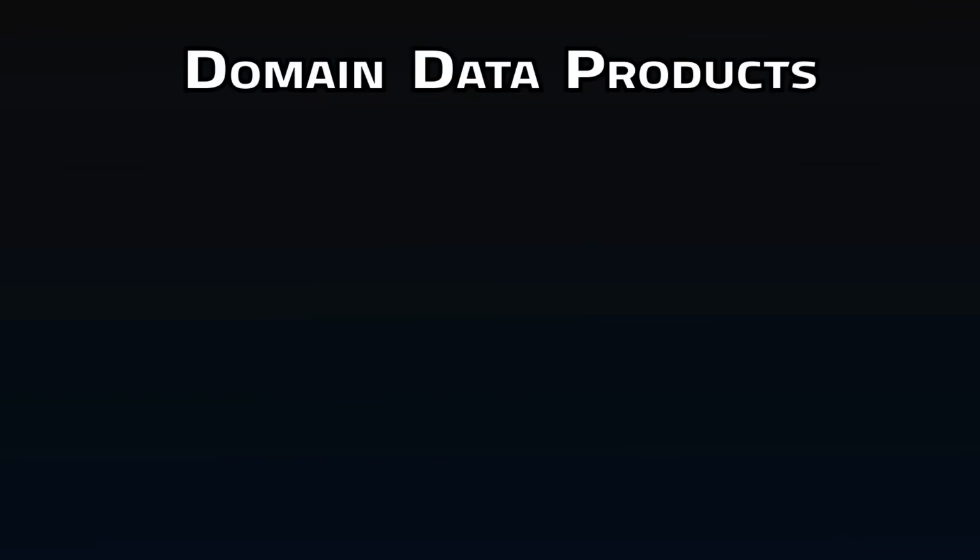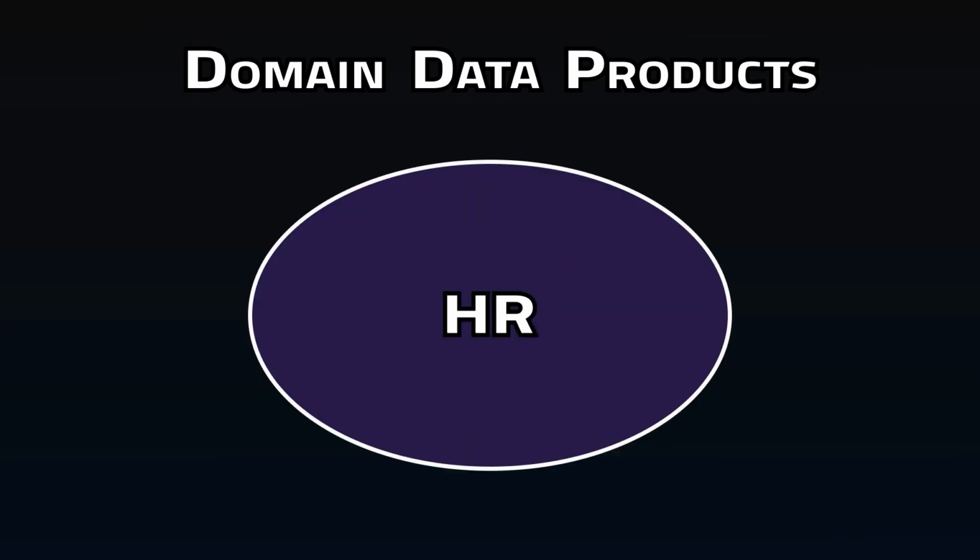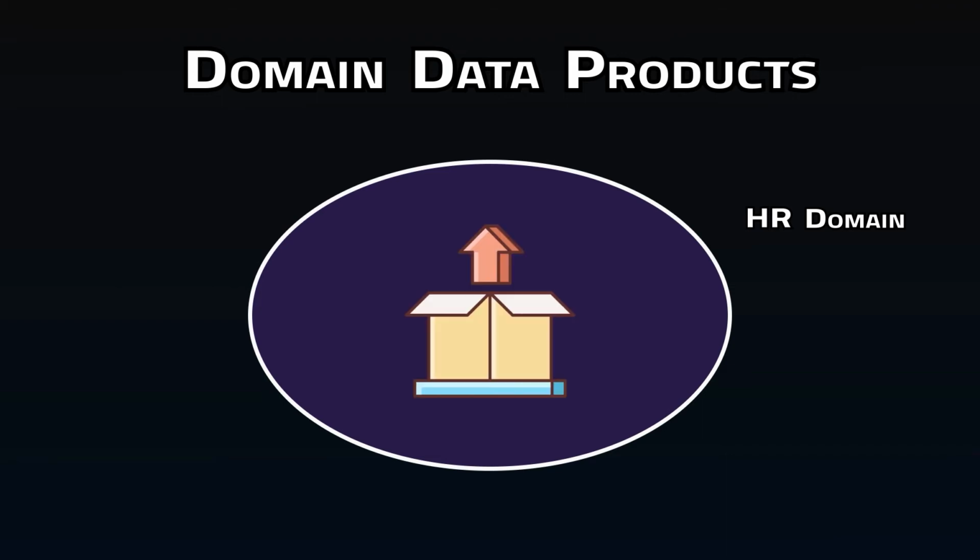The first shift is the idea that domains own their data as a product. So let's say your organization has an HR platform that produces employee data. HR now owns the HR domain data, and it's a product for the company. This is a huge change in thinking. Most HR don't view themselves as a product team. They don't consider themselves owners of datasets that they need to provide for the rest of the company.